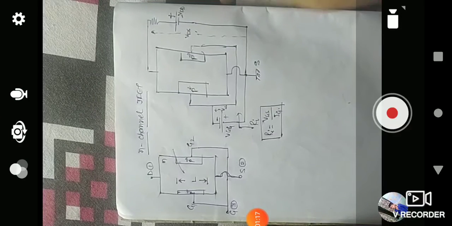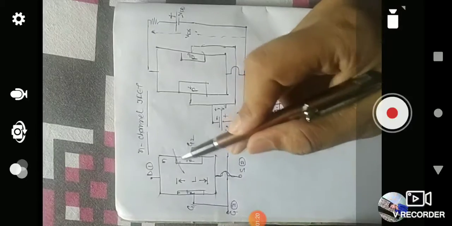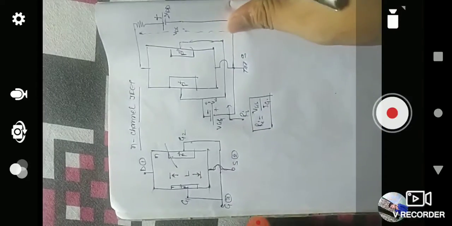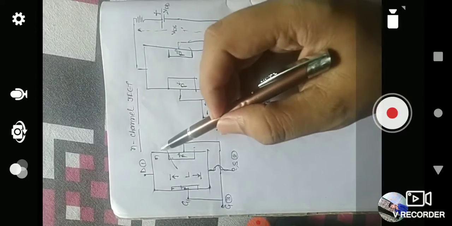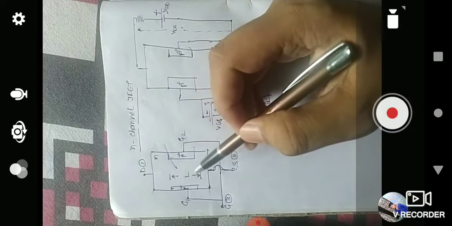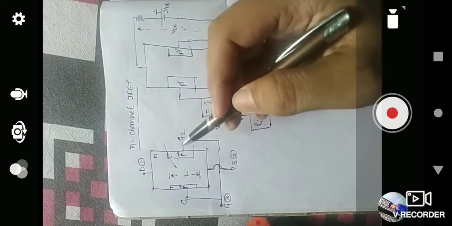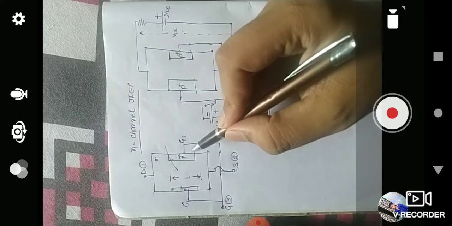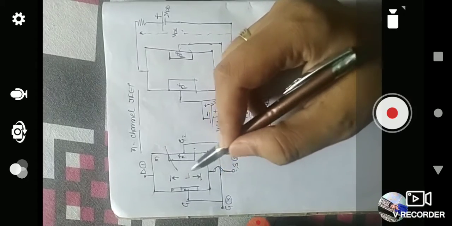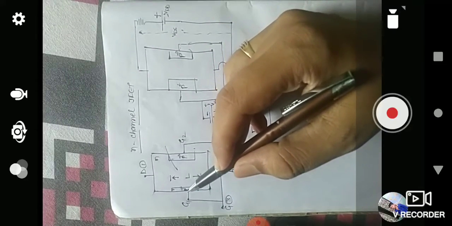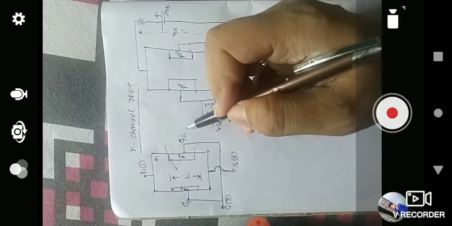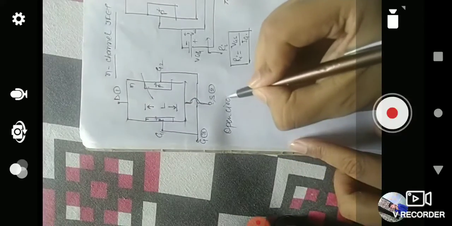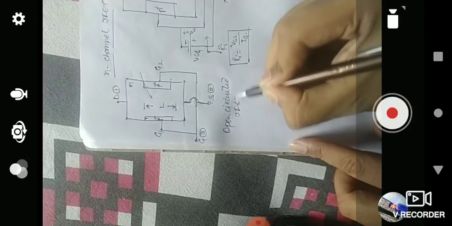So to save our time, I have already sketched the diagram of the N-channel JFET, and here this is the N-channel JFET. We can see here over the N type substrate, we have grown two highly doped P type regions, and those are denoted as the two gate regions, G1 and G2. So this is the open circuited JFET.